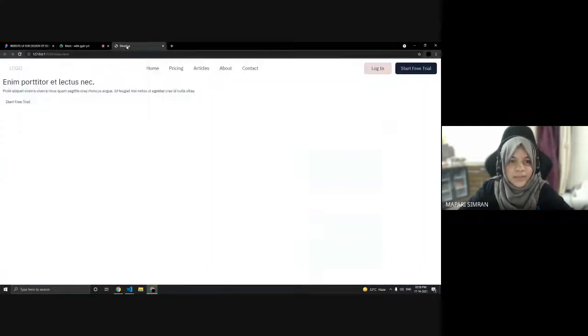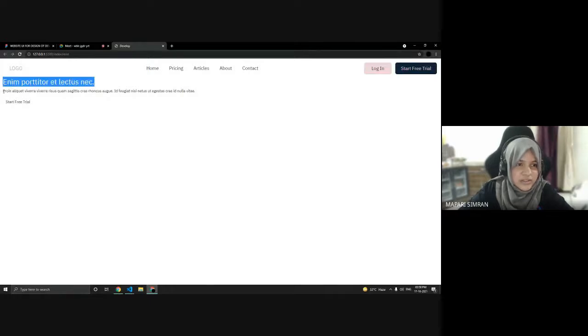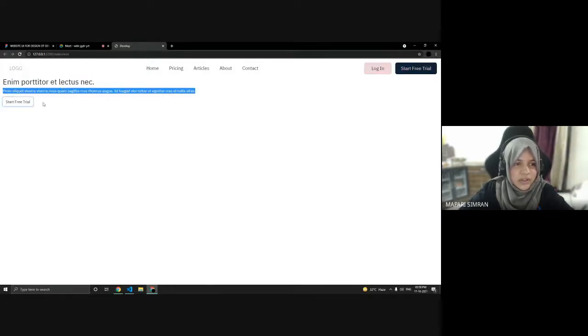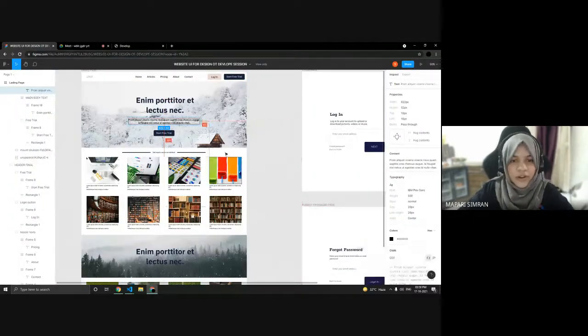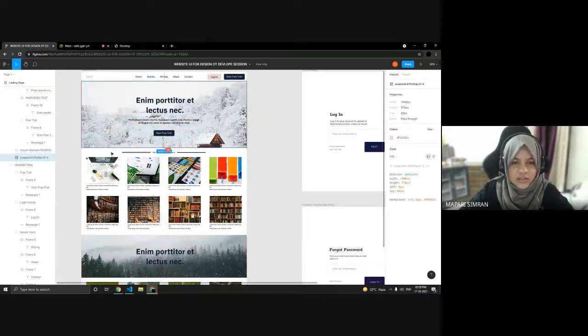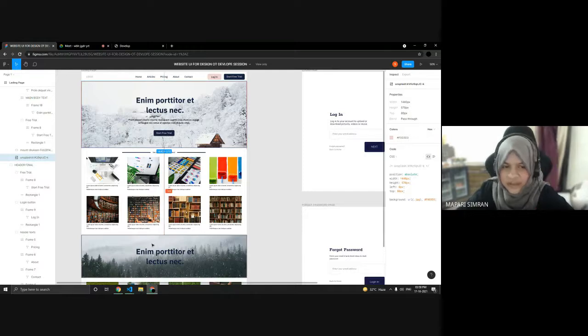Now we can check, we have got this text over here. We have to just give the background, and we have to align it at the center. So we'll do that now. For that, let's first give width and height to this div, that is 1440 into 570. So we'll be giving the width and height to this.